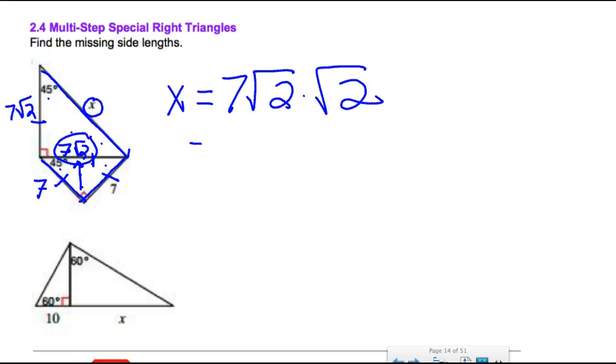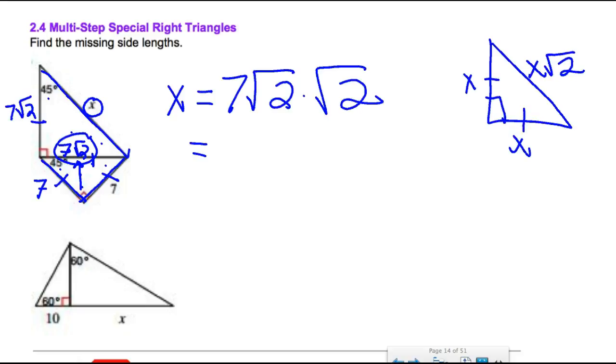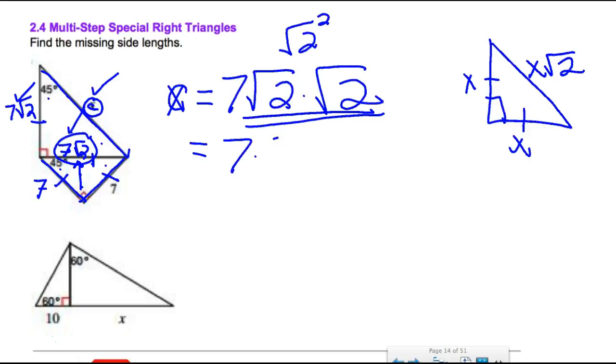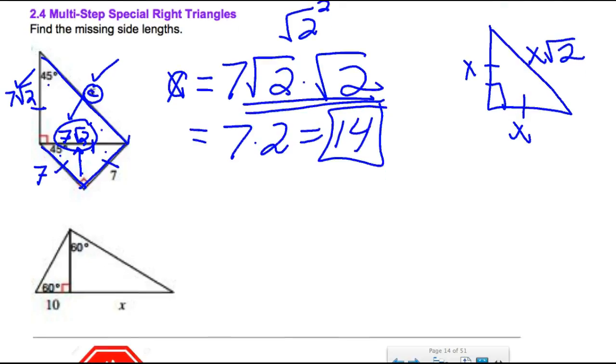And again, use that concept box on the top of the other page. It says for the 45, 45, 90, x times the square root of 2. So x times the square root of 2. And again, let's call that c maybe, otherwise you're going to be goofing up the x and the x. What is root 2 times root 2? It's root 2 squared, which is just 2. Or if you like to think of it as root 4, it's still just 2. So this is 7 times 2, which is 14. And I've walked my way around that right triangle